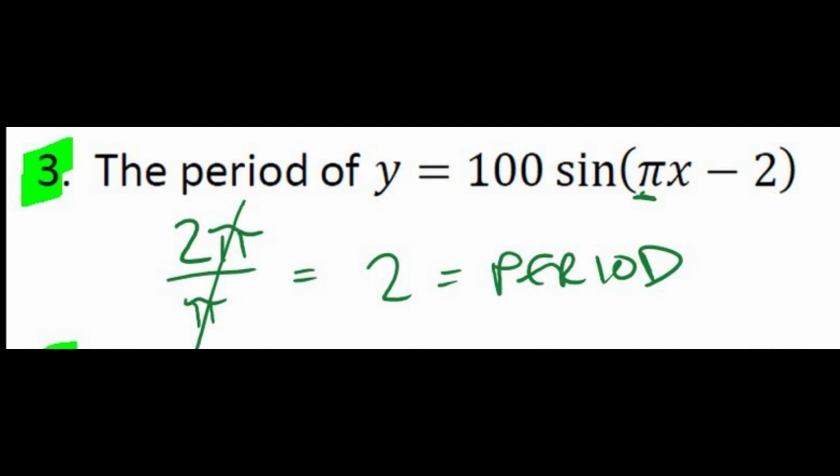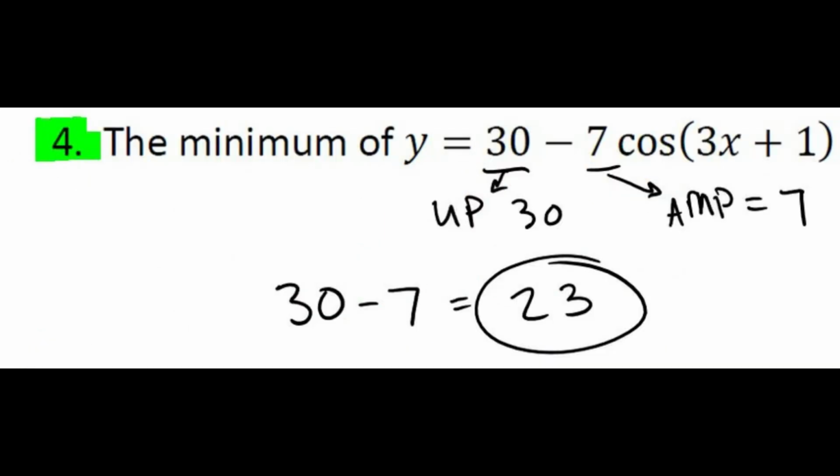Number 4, we have the minimum. This is a trickier question than most people think. We have to take 2 things into consideration. The first one is, is this being shifted up or down? Is my whole graph being moved up or down? And then we have an amplitude on top of that. For this one, the 30 out front is a +30. So the center line of the graph is being shifted up 30 units. This one starts at 30, and then a typical one would go up 1, down 1 from there,